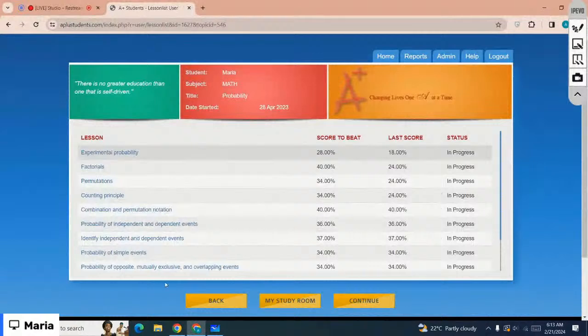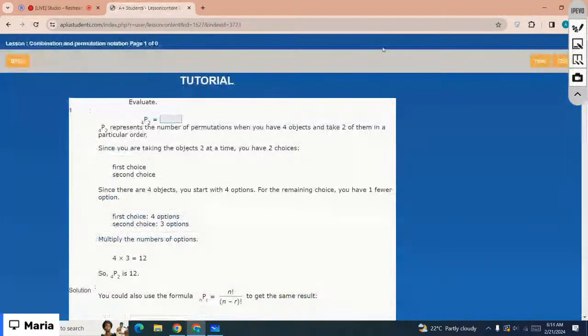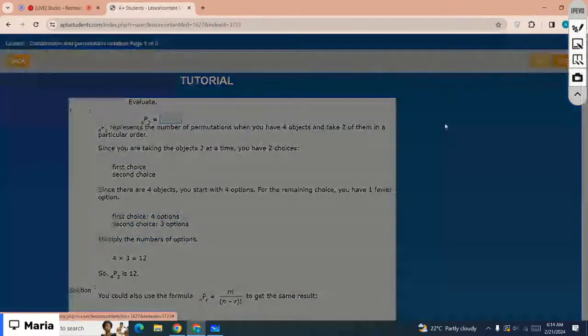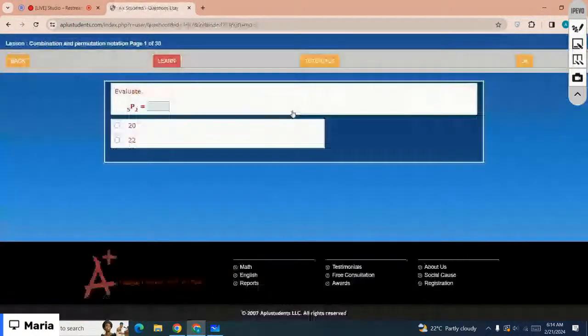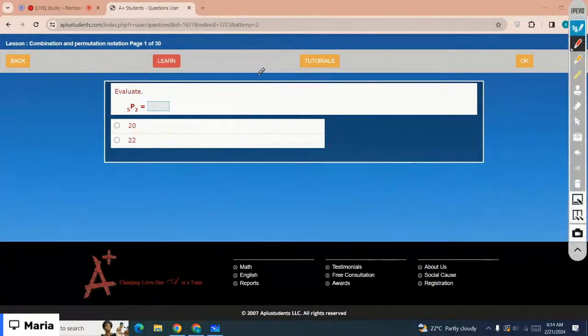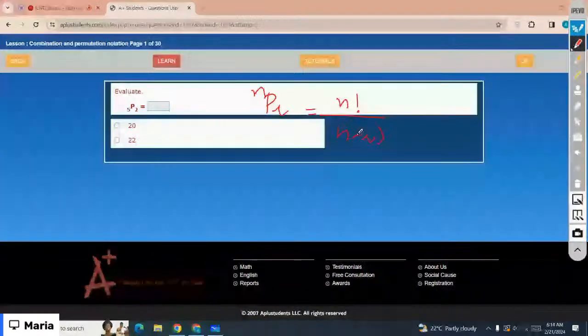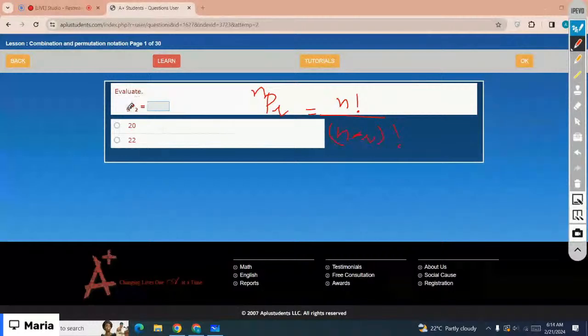Okay, here it is, that is combinations and permutation notations, right? So let's just start with the questions. You have to calculate permutations, 5P2. So whenever you have to calculate permutations, you have to do, for example, nPr, n factorial divided by n minus r factorial, right? So you have 5 is n and 2 is r, so that is 5 factorial divided by